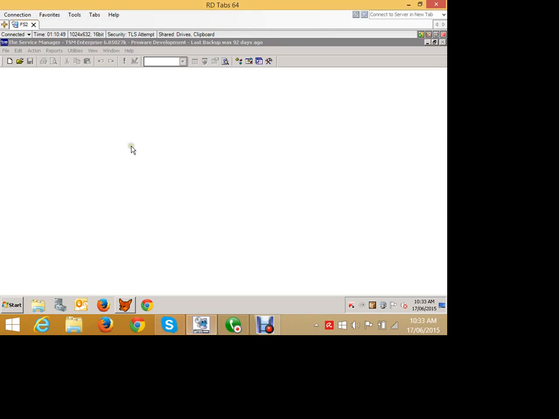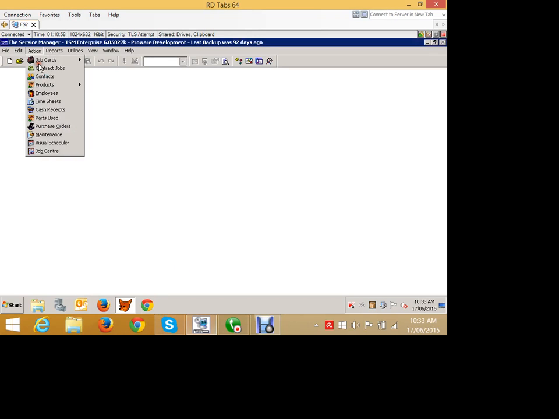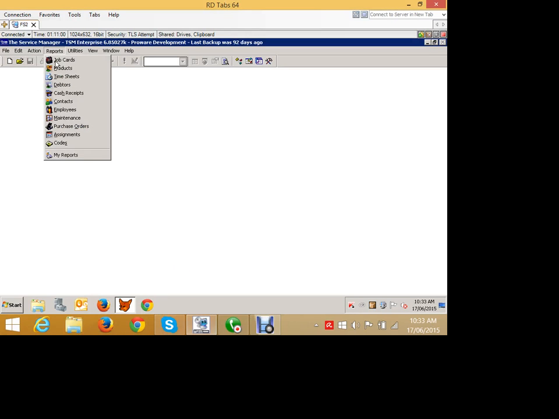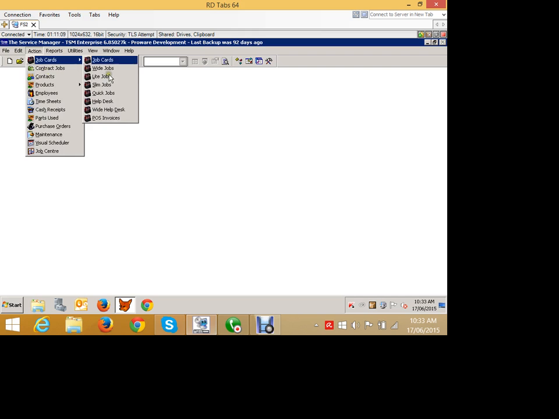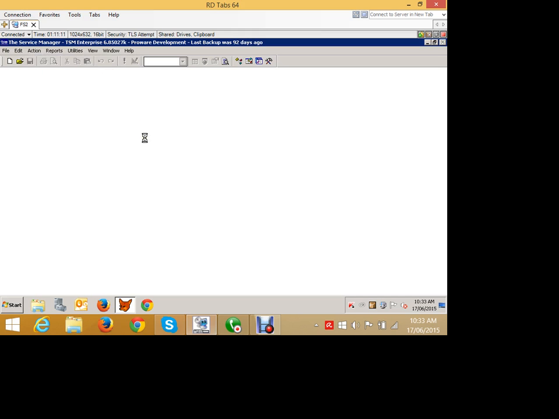What I'm now going to progress on to is to demonstrate a very standard process of creating a job from start to finish. It'll just be showing you the very basics of a job card without the nuances, but it will give you at least a feel for the components that make up a job. So we'll load up a job card,